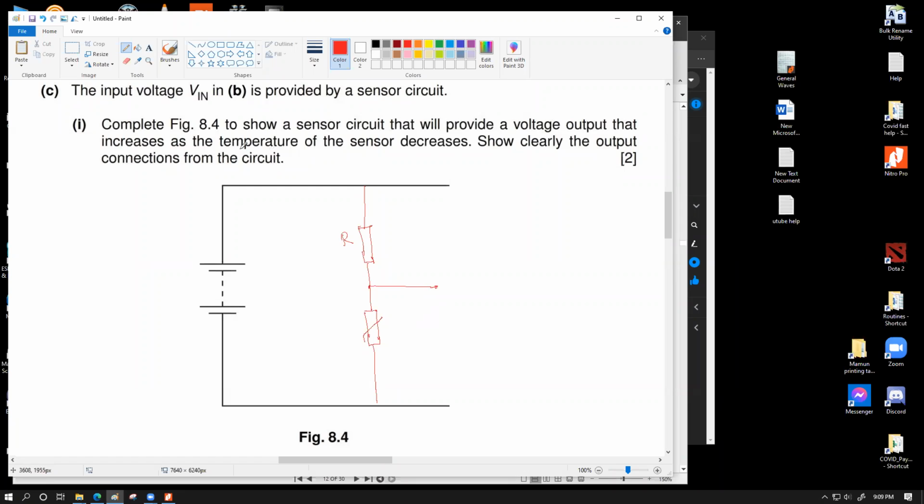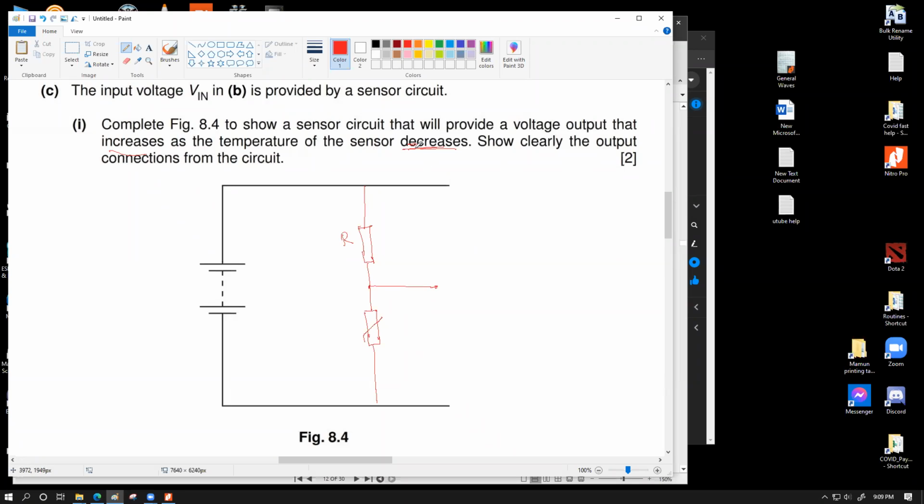And look, when the temperature increases, this one will have less resistance. Less resistance means it will now have lower voltage consumption, so more voltage will be available over here. The question says show a sensor that will provide a voltage output that increases as the temperature of the sensor decreases. So when the temperature rises there will be high voltage here, so low voltage will be here. If my temperature decreases,